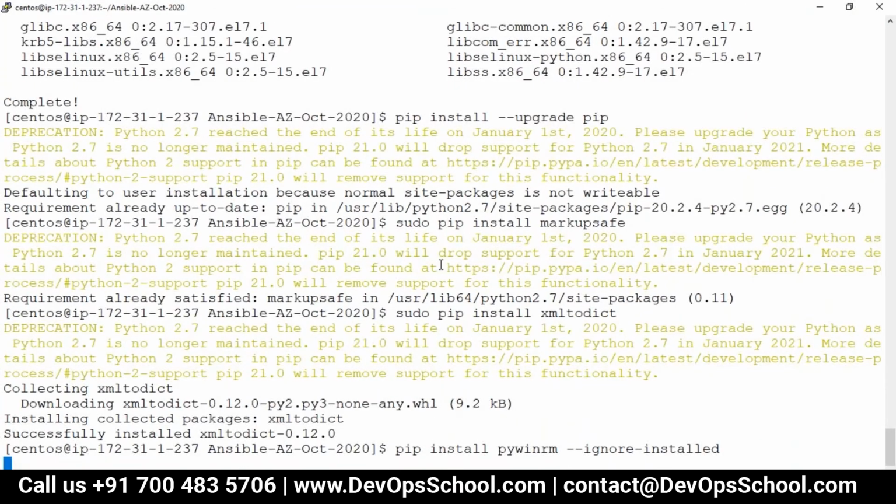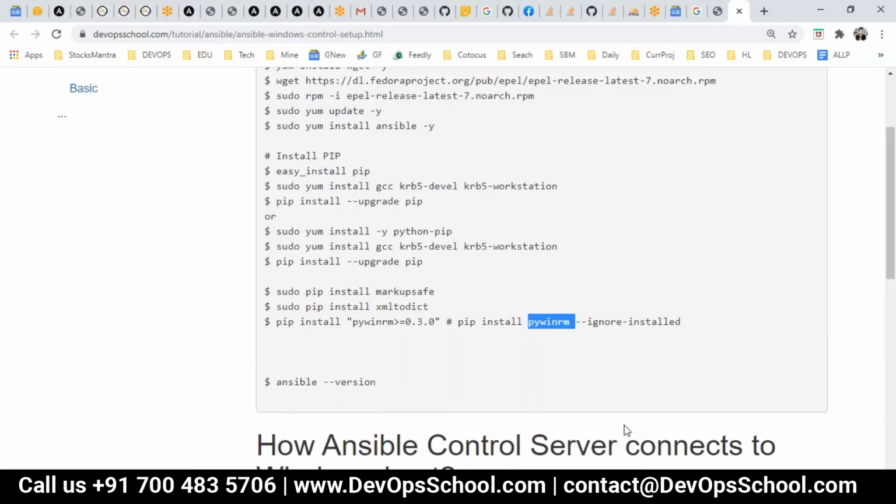So guys, when we installed pywinrm, see here, pywinrm. This is needed in the ACS server to create the HTTP package object. This is an important one.